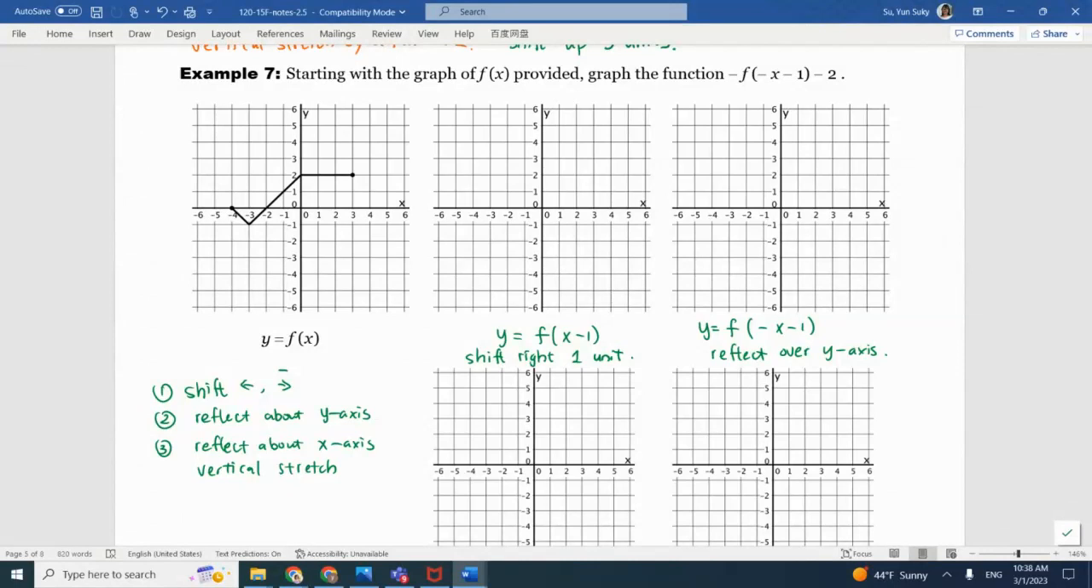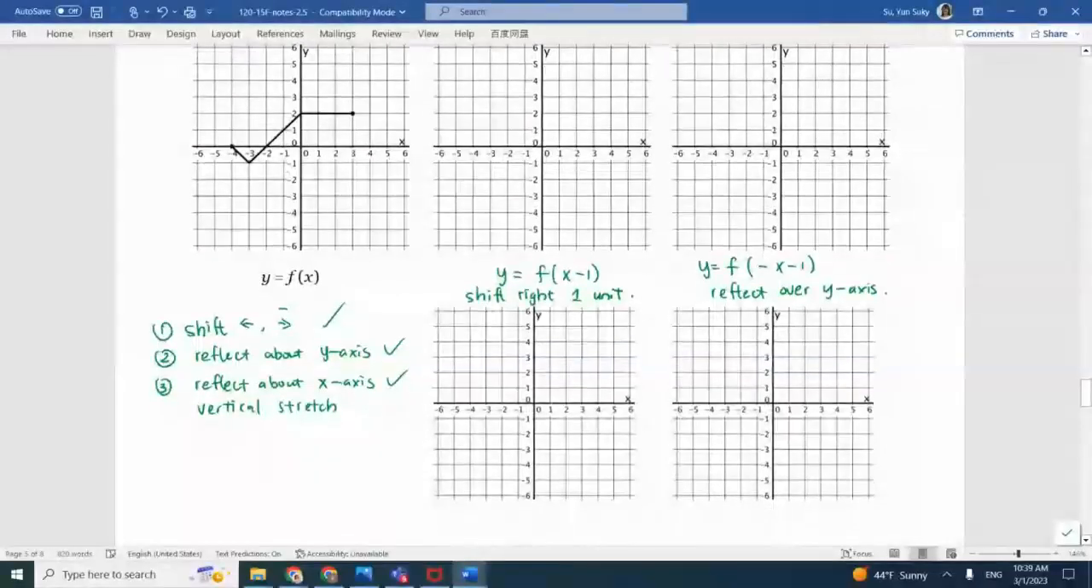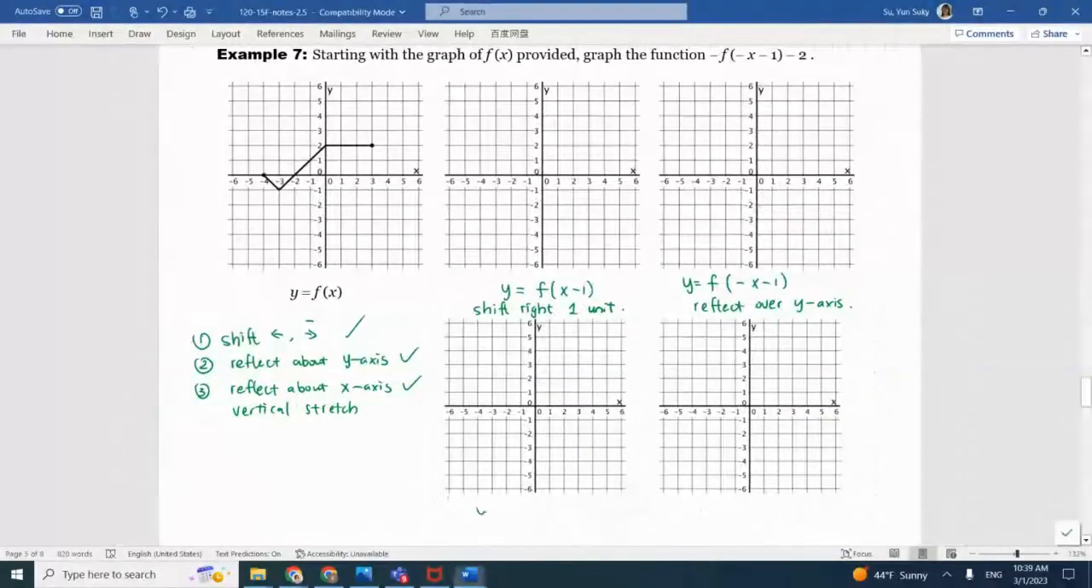Okay. Do you have reflection about the x-axis? What do you want to check? Do you have a minus sign in front of the whole thing? Yes. So yeah, we do have that. Now you change it to a minus sign in front of the whole thing. But when you change, make sure you're changing the previous step. So you don't put minus f of x. You put minus of your previous step. Is that clear, everybody? Okay. And this is reflection